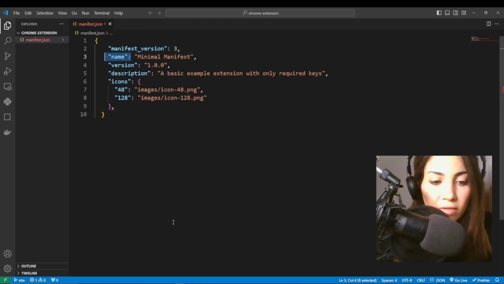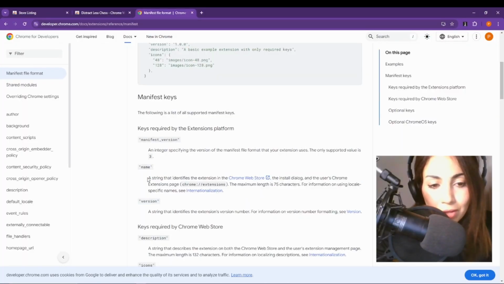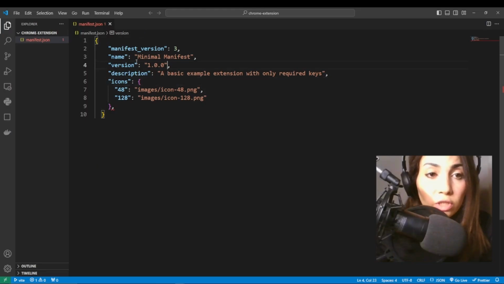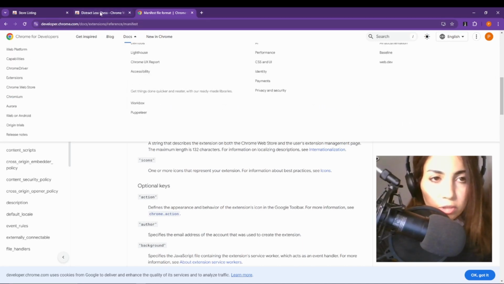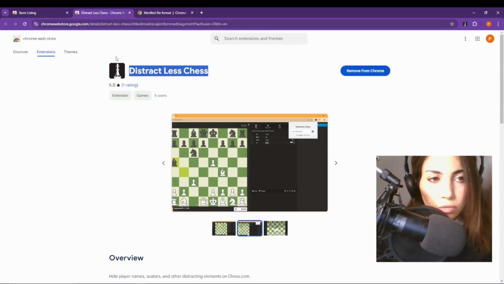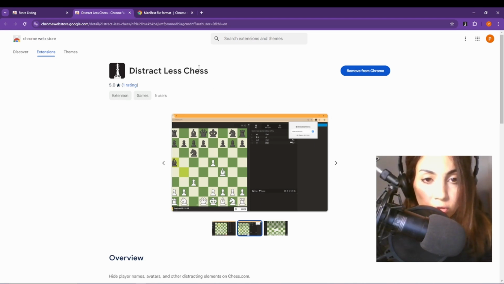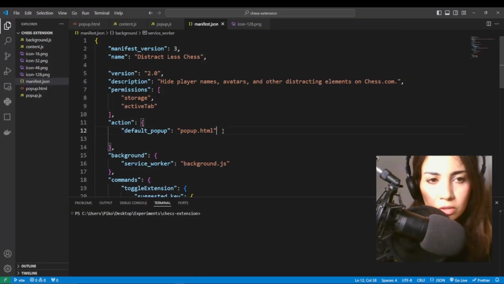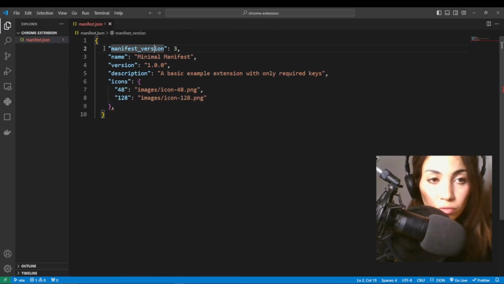Now, the second key we have over here is name. Name is the name of our extension. It's a string that identifies the extension in Chrome Web Store. So we should set our name field to whatever we want our extension to be called. Remember how I told you that I published an extension already? That's my extension on the Chrome Web Store. As you can see, the name of the extension is distractless chess. And that's exactly what I typed in my manifest.json when creating this extension. Let me show you. So as you can see, distractless chess. Okay, now for the manifest.json that we're working on in our example extension, let's make the name example